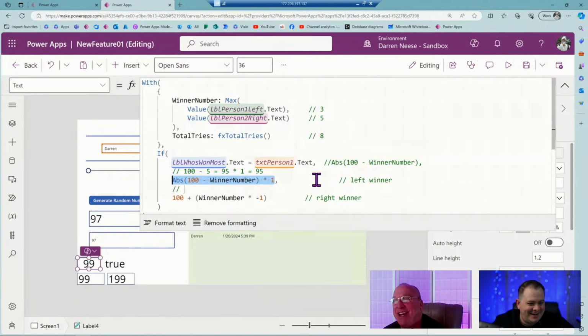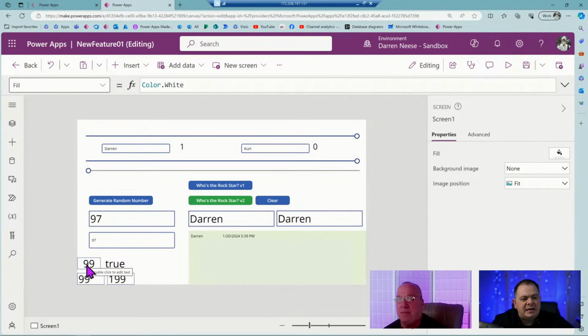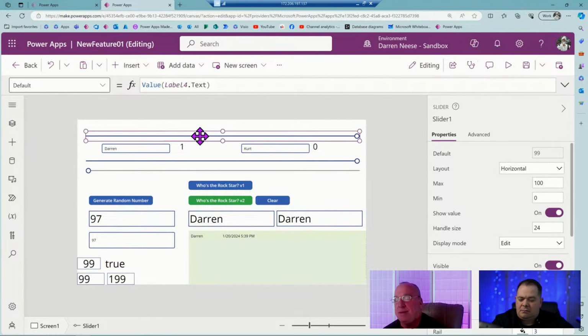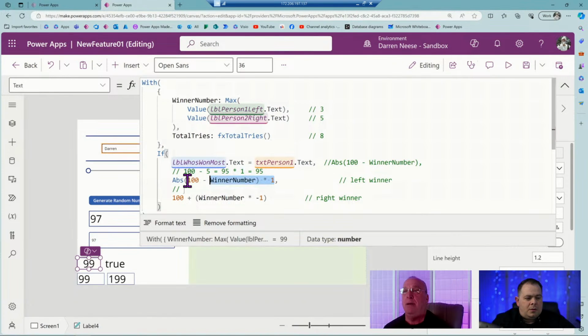I'm sorry, guys. Okay, so now we've got 99. Is that what you wanted? Well, let's go see it. Let's see how it places it out there. So there's only been one vote, and it was Darren. Darren won. I want that to be all the way over to the 0. It should be the left side. Okay. So how do we take 99 and make it that? Well, let's go look at our code and see how I did wrong. I thought I did it right. Let's go see what I was wrong. It should be right. 100.